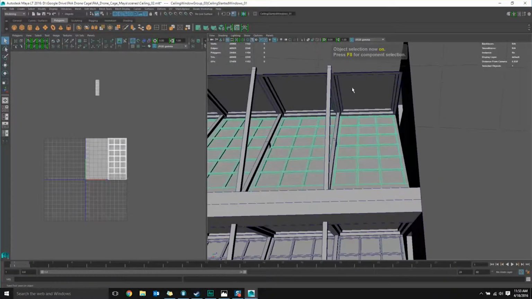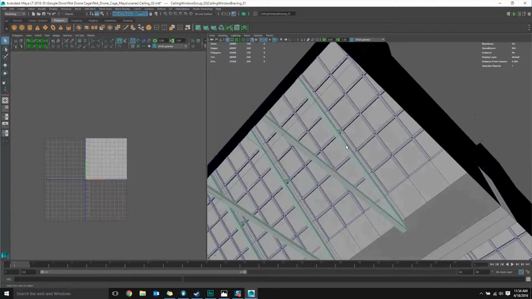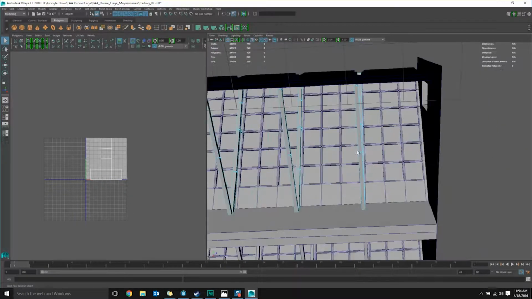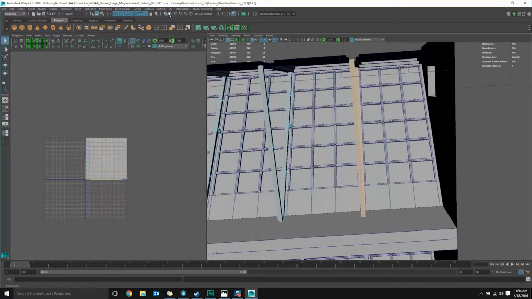Okay, so we have the back part UV'd, the front part UV'd. We do have this little brace as well, structural support for the windows. That needs to be textured. This one I'm going to just go cheap on. We're going to just grab the whole thing there, all the faces, and we're going to go to UVs and